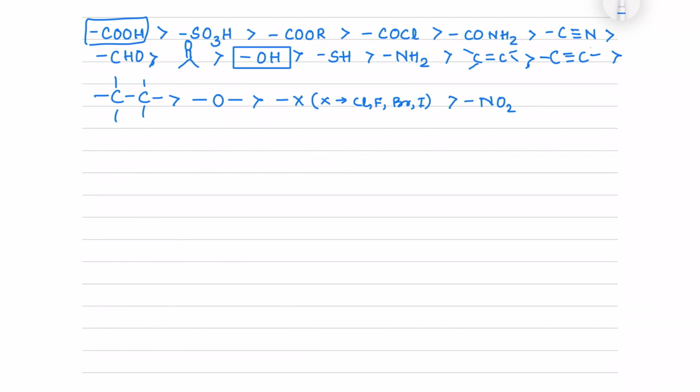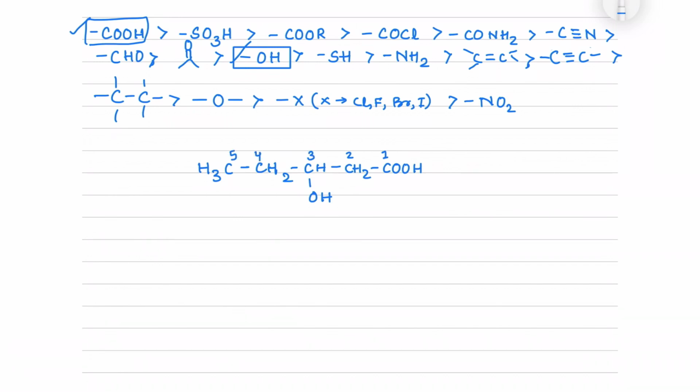Now let us try to name the given organic compound which has two functional groups. One is COOH and OH. From the priority list, we know whom to prioritize. We will be giving the least carbon number to that carbon which has COOH. So, suppose there is a compound H3C, CH2, CH, here OH is attached, CH2, COOH. We can see here that the longest carbon chain is the straight chain and it consists of 1, 2,